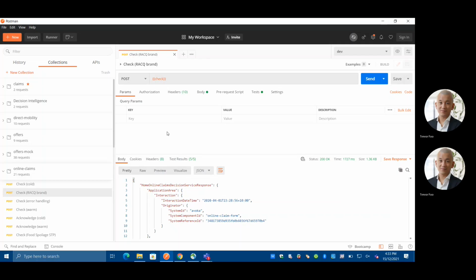RACQ networks is probably a little bit more secure than it needs to be, but I'll show you what it looks like when I run the tests. So I've actually had to open up my laptop and load up Postman and then hook this into the RACQ network. Let me just get set up, one second. Okay, so